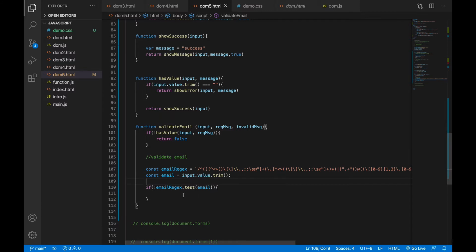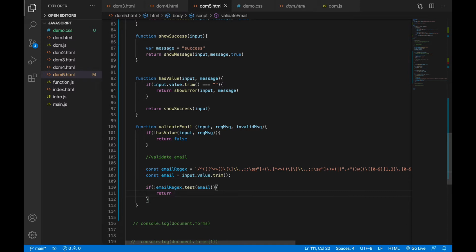So we now want to say email regex dot test. We want to test if this email that the person has entered is in this format. That's what this line of code is doing for us. That means if it is not, this exclamation mark means opposite. If the email the person has entered is not the same in terms of how a regular email expression should look, which is supposed to have an at sign,